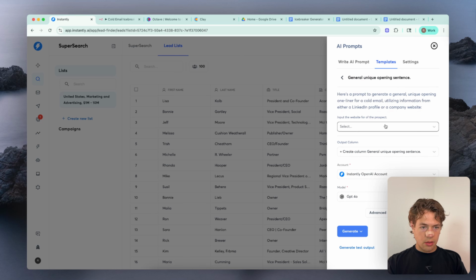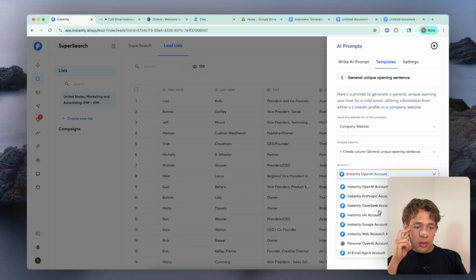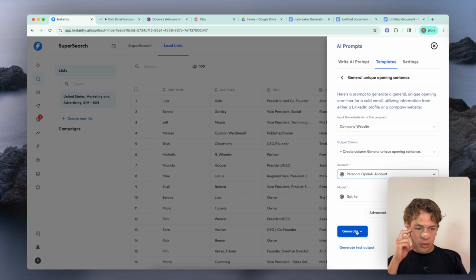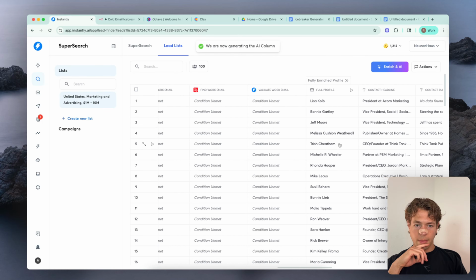Let's check this out. Let's go company website. And let's reselect my personal one. Ooh, it's going to cost another 100 credits. That's annoying, but let's just run it. And let's see what happens.